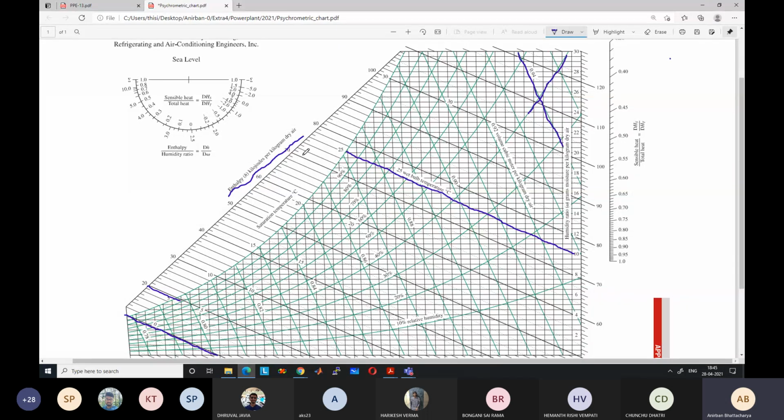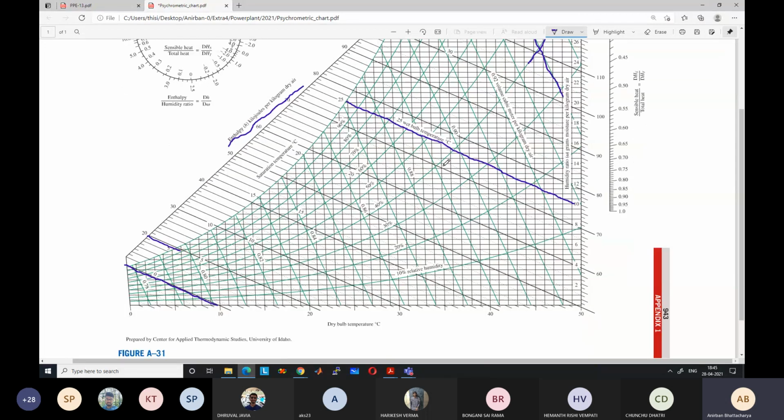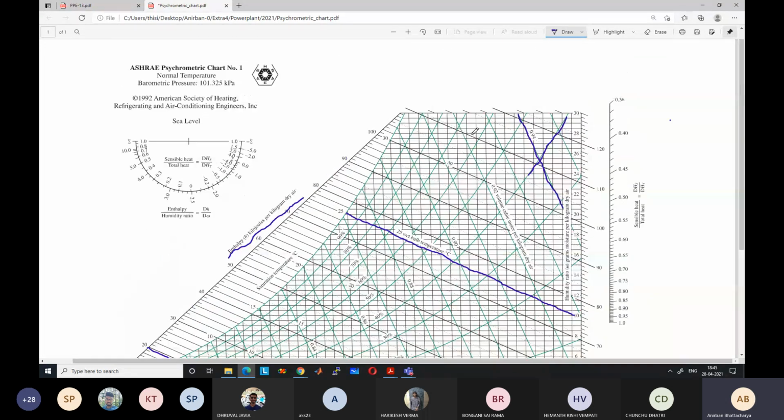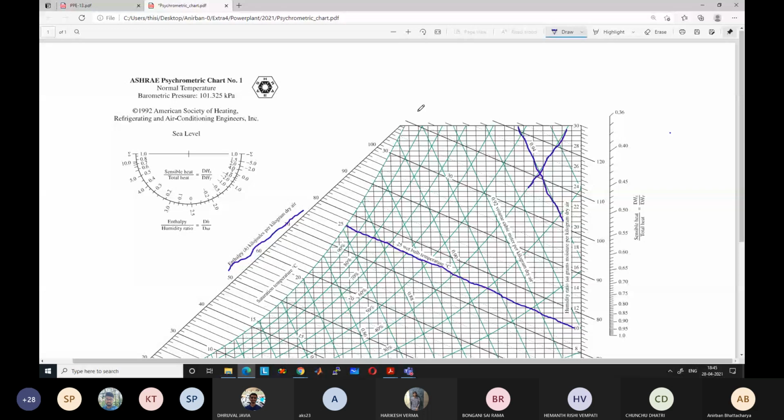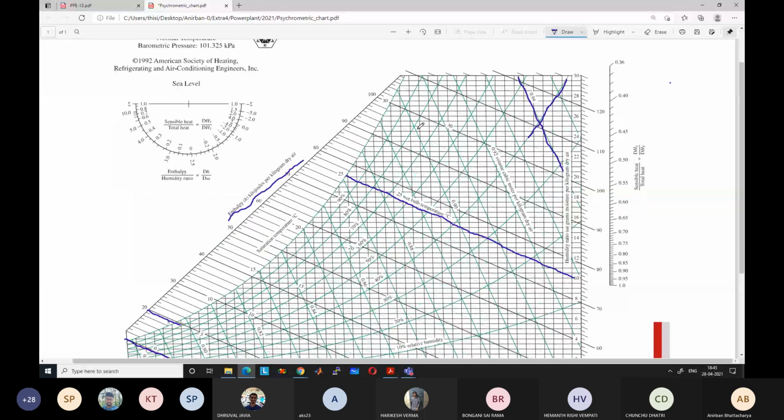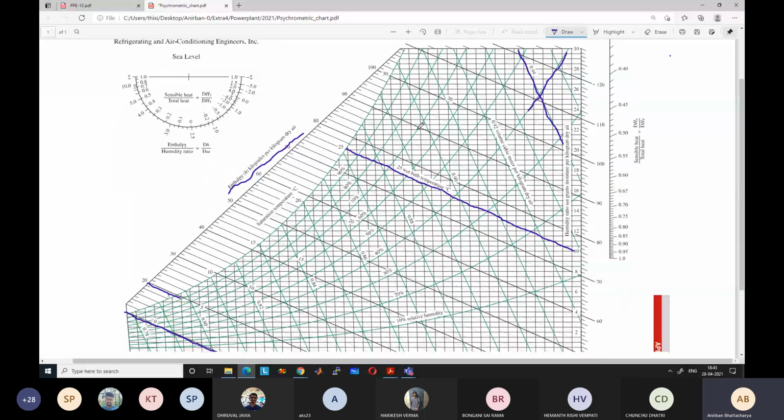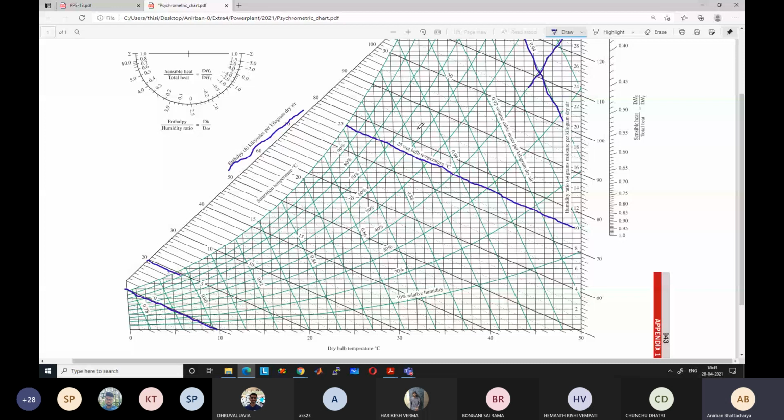Any questions regarding this? Anything you don't understand regarding the psychrometric chart? This is a small version. Generally, engineers use very large versions, of the size of say an A0 sheet, a table size chart, which is folded and you have to open it and use it. This is a very small version. For our course, this is sufficient. For an air conditioning course, you need a very large chart where more details are present.